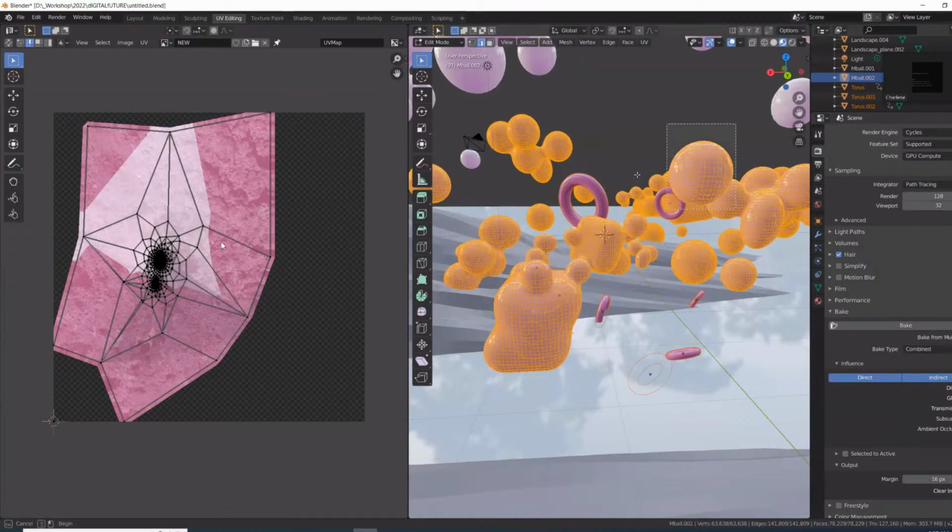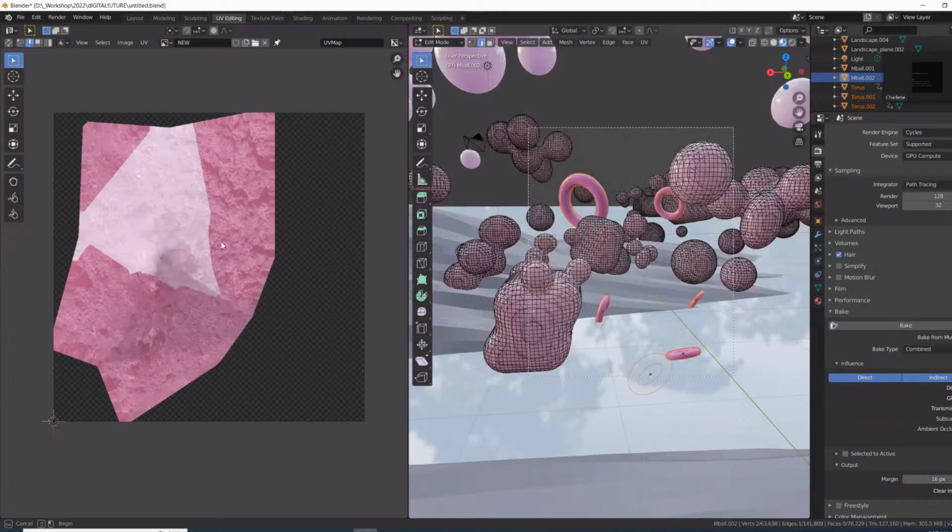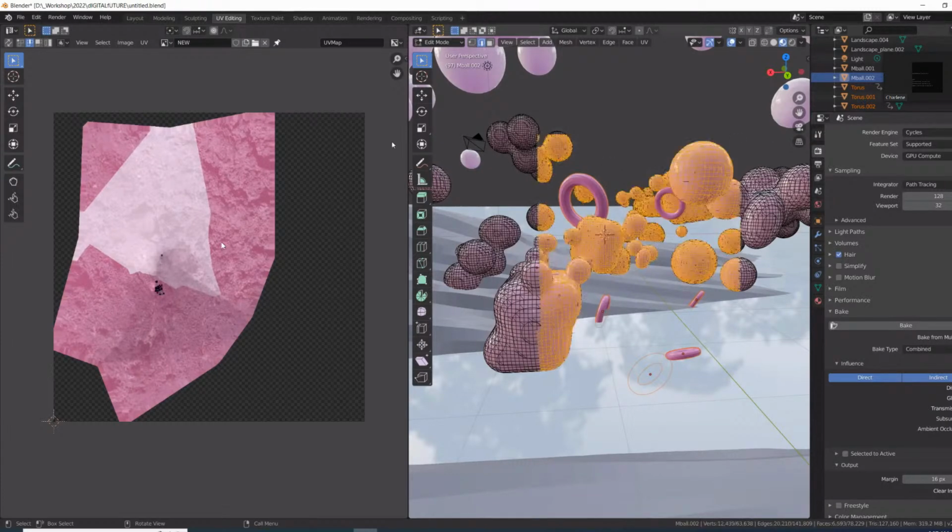I don't know if that's because the geometry is too complex, so it doesn't unwrap correctly. So if I select all of them, it just